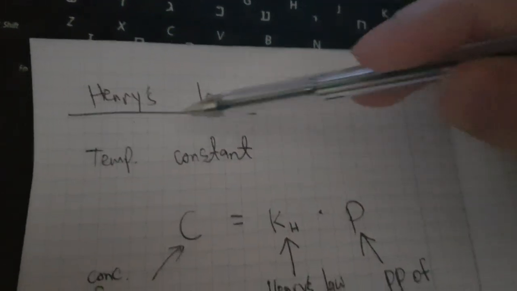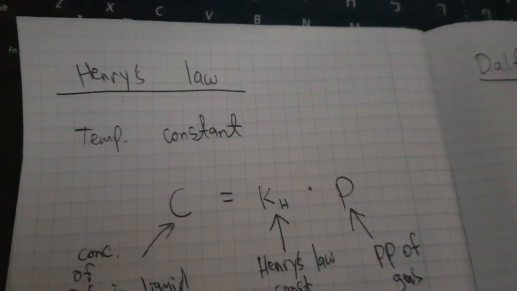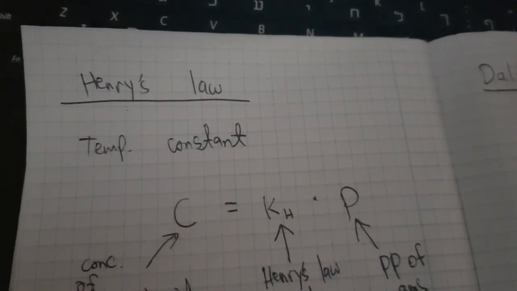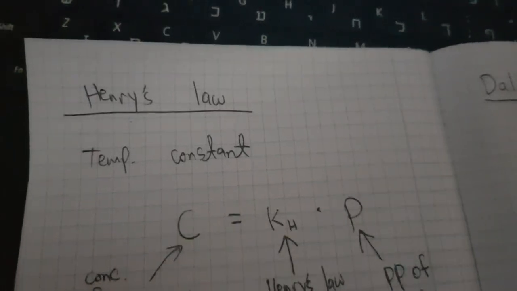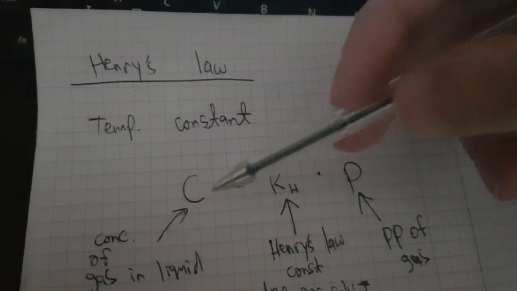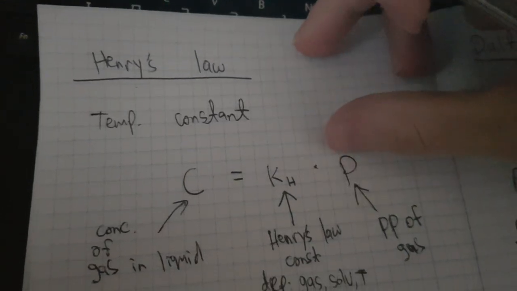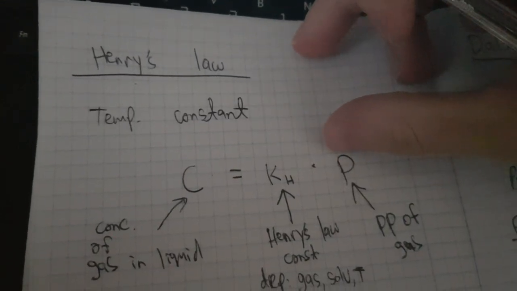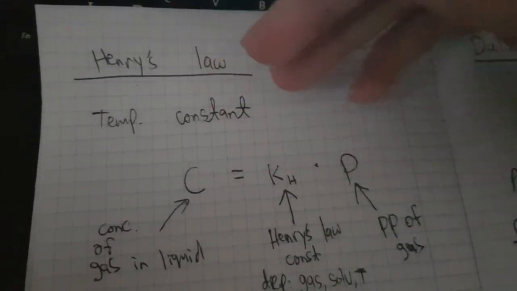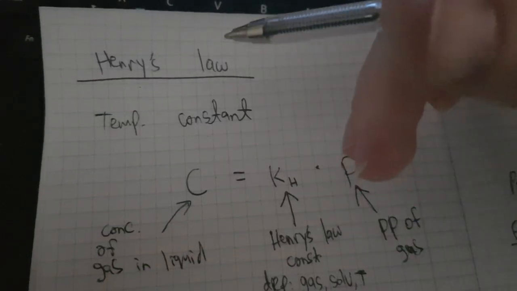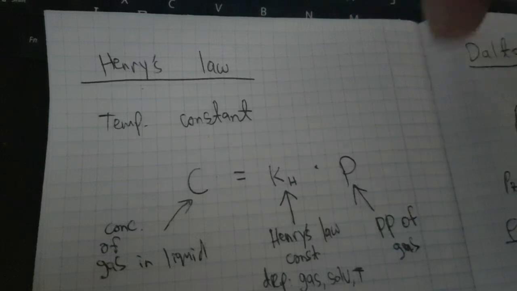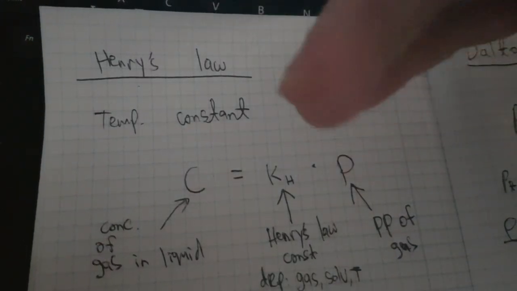Okay, so the idea now is to talk about Henry's law in gases. So Henry's law talks about the concentration of dissolved gas in liquid. And Henry's law assumes that the temperature is constant, we'll talk about it later, and it tells me that the concentration of a gas in a solvent, in a liquid,